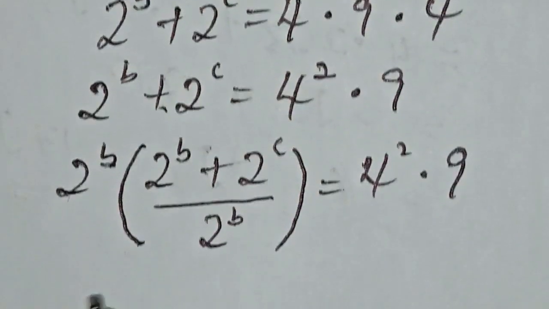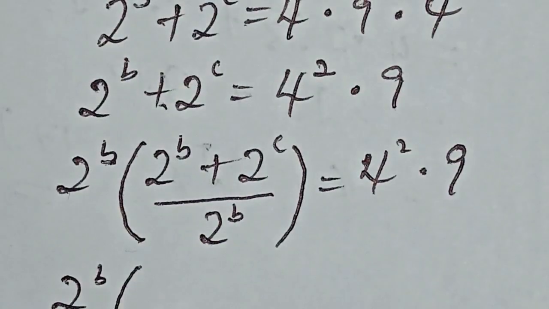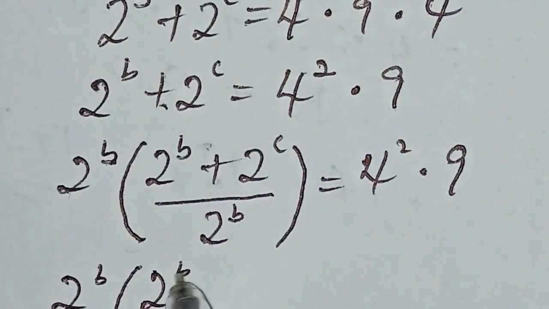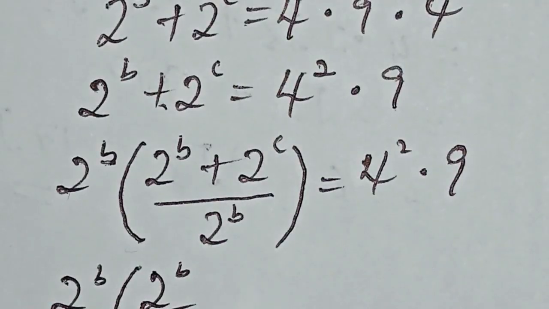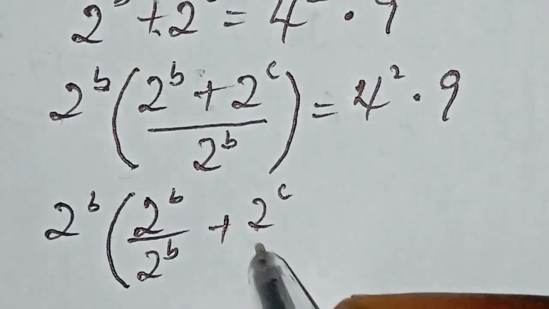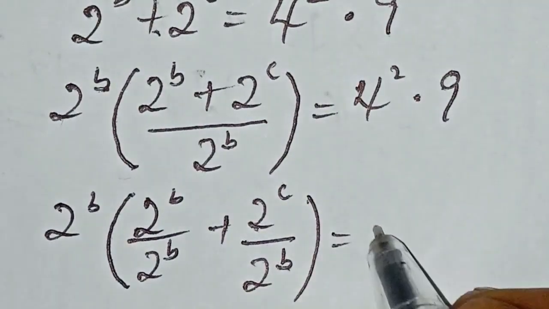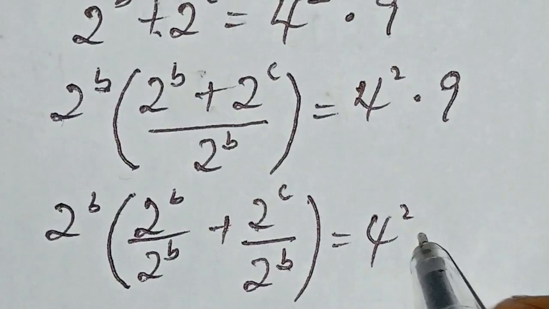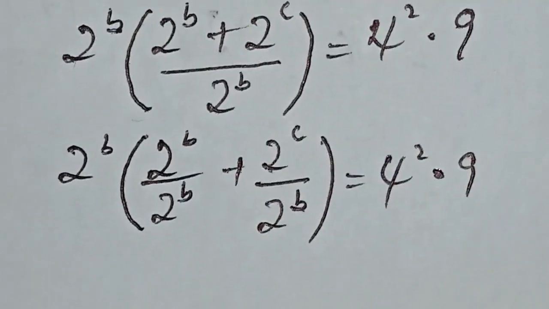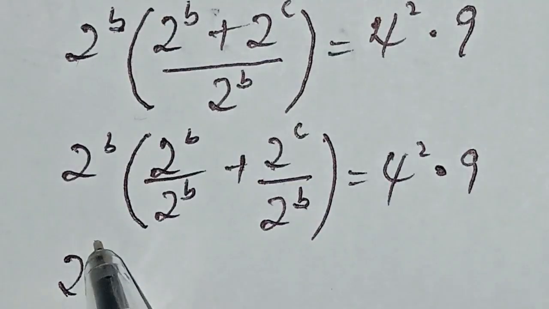And this is given as 2 to the power of b into brackets, 2 to the power of b over 2 to the power of b plus 2 to the power of c over 2 to the power of b, into brackets, equal to 4 to the power of 2 multiplied by 9. So this cancels out with this. We have this to be 2 to the power of b